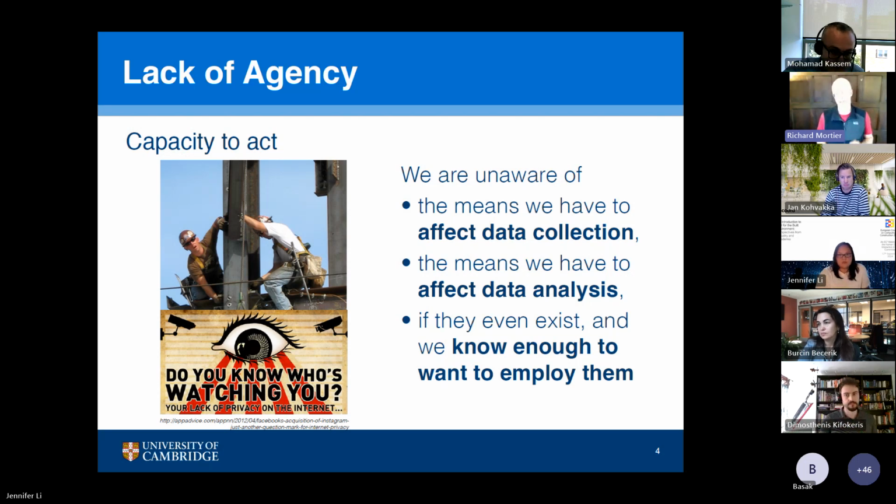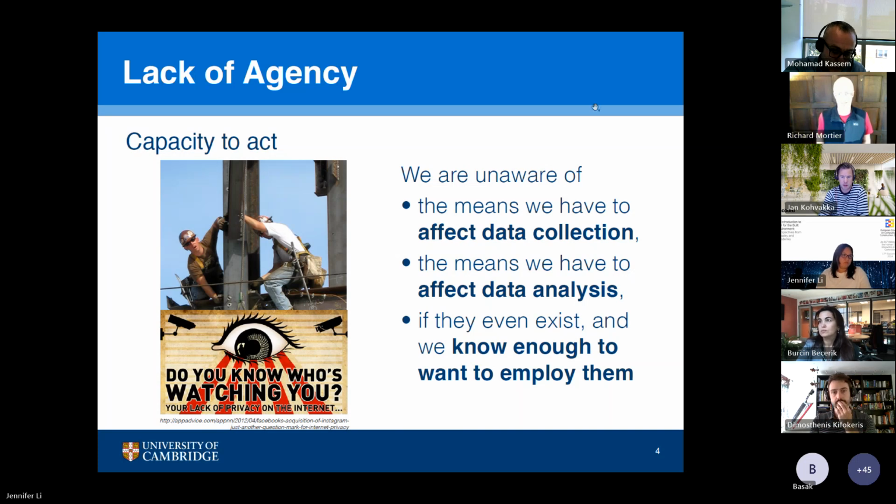So the sorts of things we were thinking here is that, even if there are means that we have to affect data collection and data analysis, we're generally unaware of those means. They may not even exist. Even when they do exist, they may not be obvious to us that we can exercise those means to affect data collection and data analysis. And we may not understand the system well enough. If we don't have legibility of the system, we can't understand the system well enough to understand how to employ those means that we might have. So how to control what's done with our data, how to correct data that may be wrong, how to step in and interact with the system in a way to exercise some control, exercise some power in the system, rather than just having things done to us by people who are in a position to collect data and analyze it at scale.